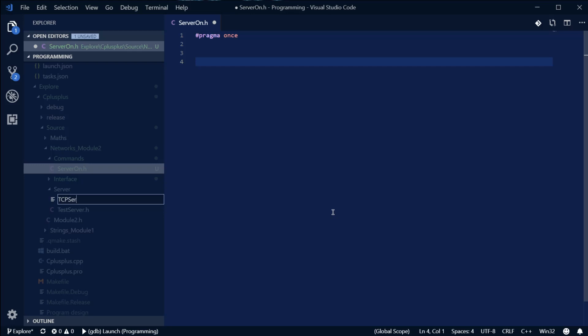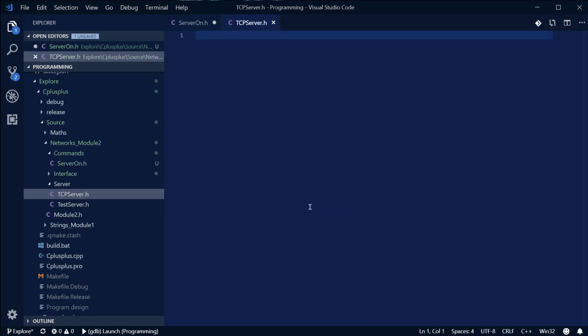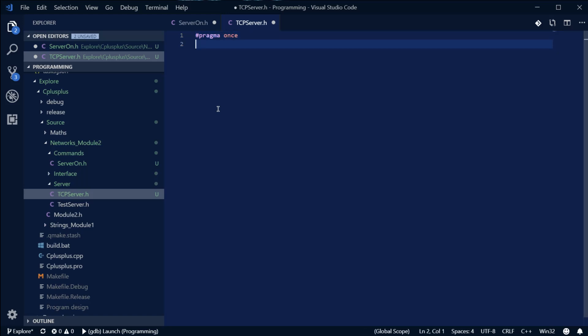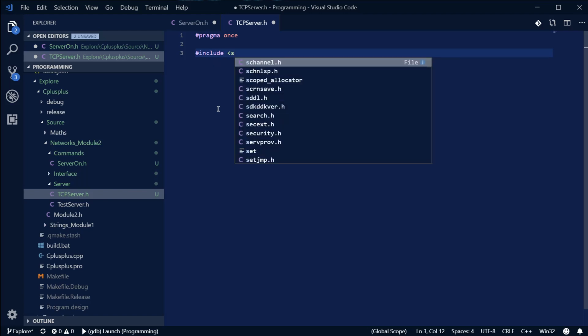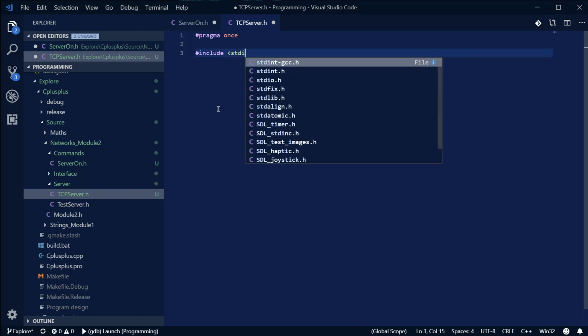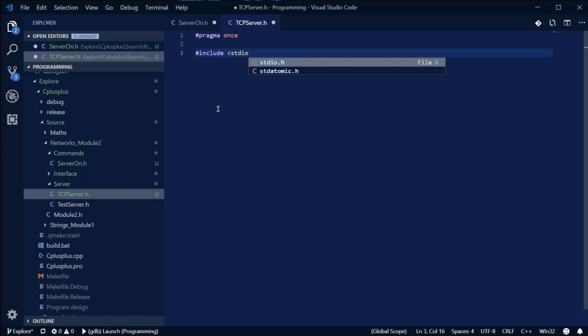TCP server .h. And I just want to put it in a header file for now. It does become a full class in its own right later on. So #pragma once. I'd forgotten you have to do this first, but there you go. And this can include our favourite C library, which is stdio.h, the standard input output header file